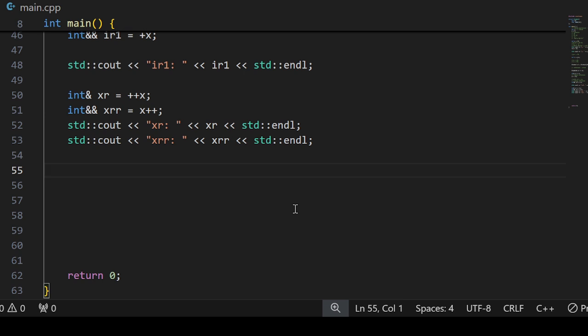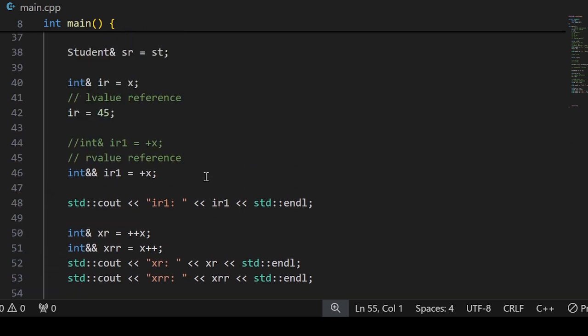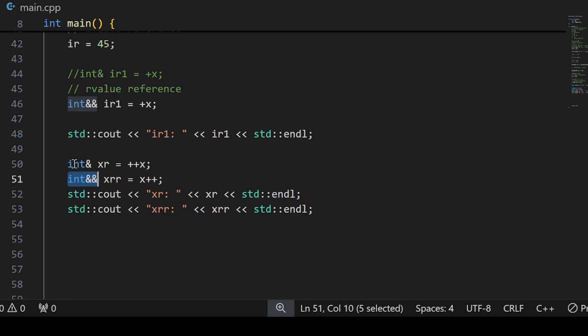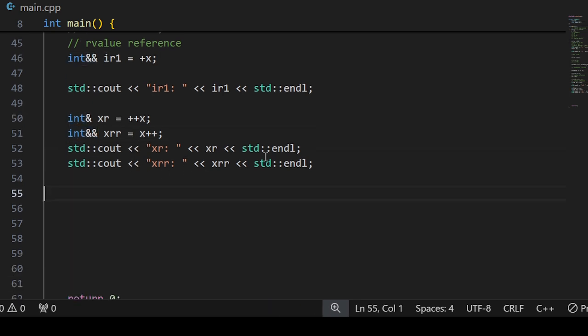Now I actually want to talk about this, because this syntax will come up in the move semantics that I will talk about in the next recording. This syntax was used in copy semantics, which I already discussed in one of the previous recordings. So this is important, and also I would like to have two functions,